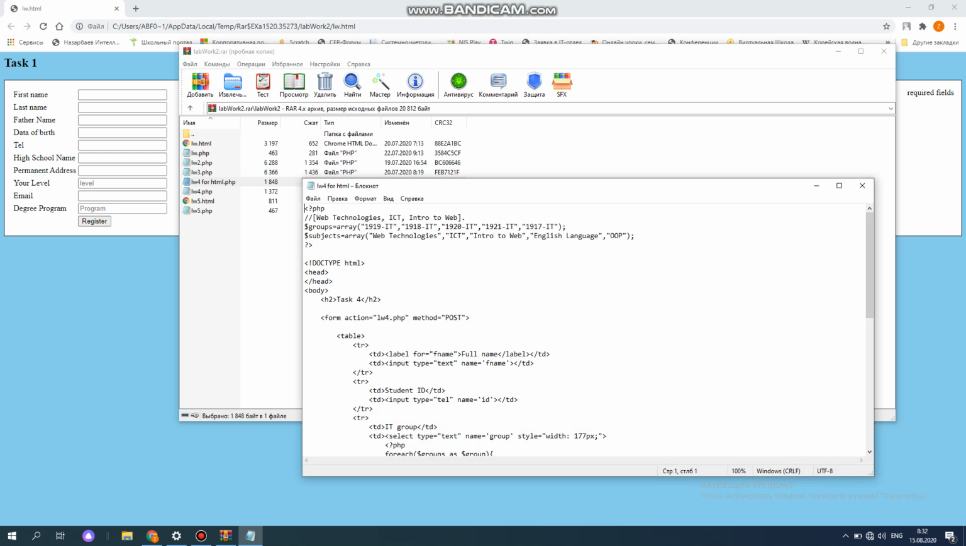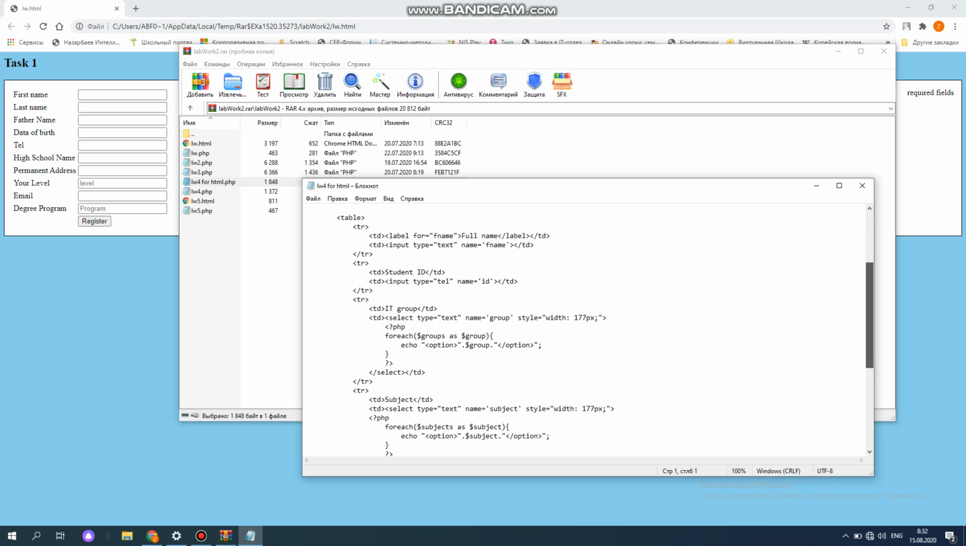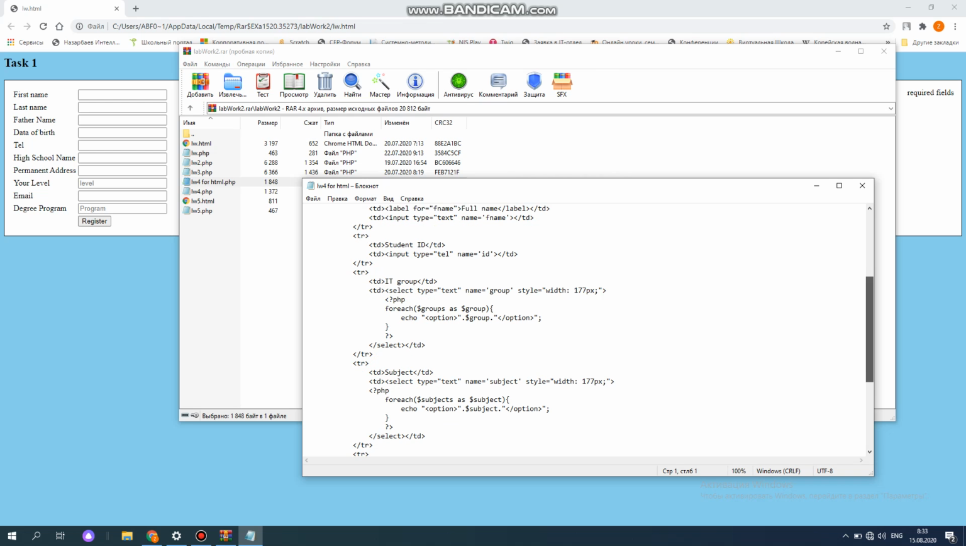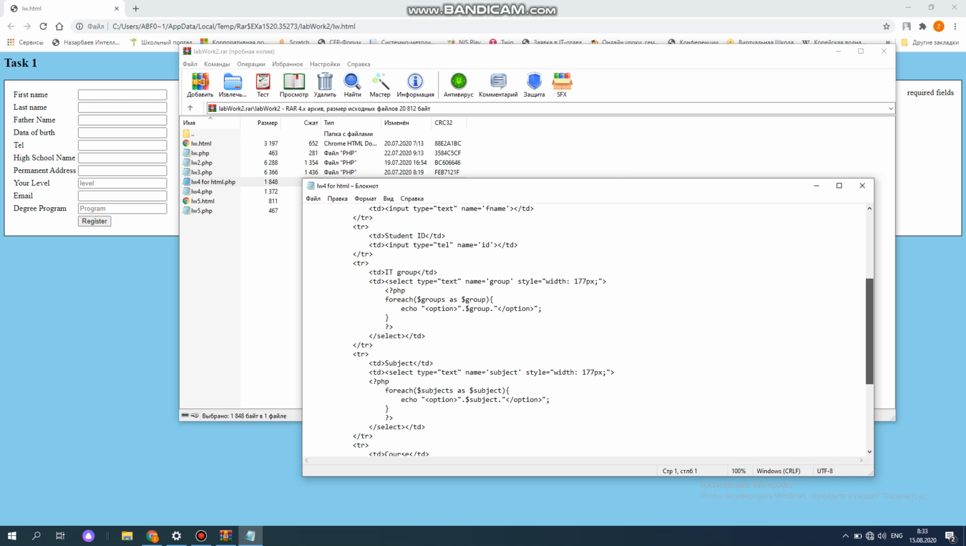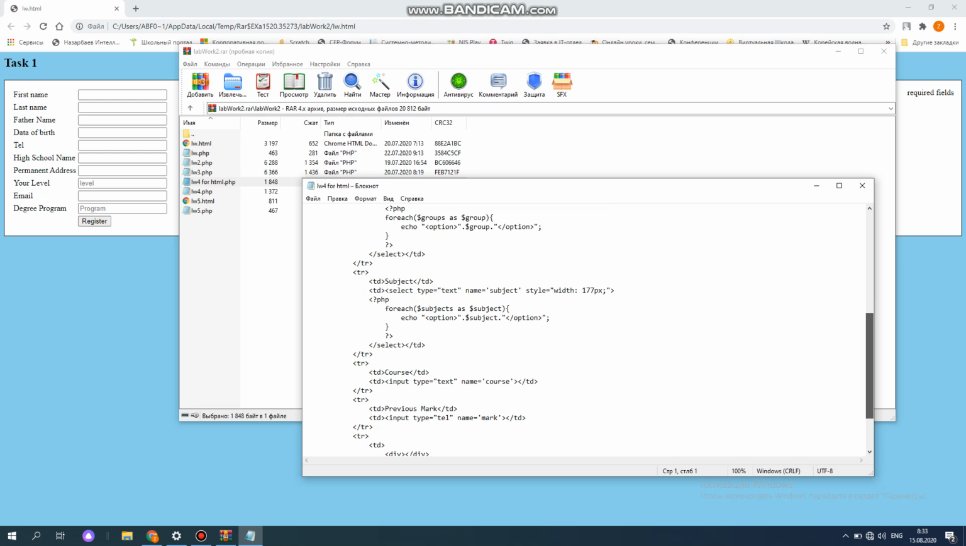Next goes task 3. We use arrays to do groups. I put key group, value, array, and in task 4 we use it to fulfill the full name. Then you should write student ID, IT group. So for each group you should write subjects, and also for each subject it goes as subject,